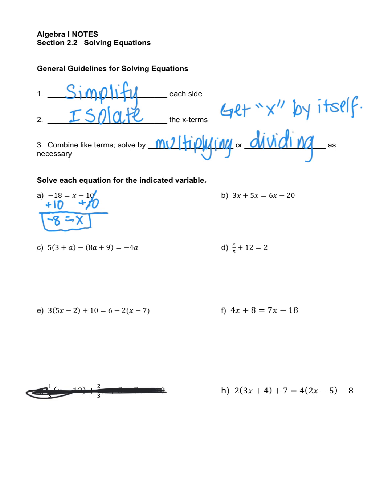Letter B, 3x plus 5x equals 6x minus 20. Now we have a few more like terms to combine. So as you can see, we have several like terms. We have 3x, 5x, and 6x. We can combine those all together. So let's go ahead and combine 3x plus 5x is 8x